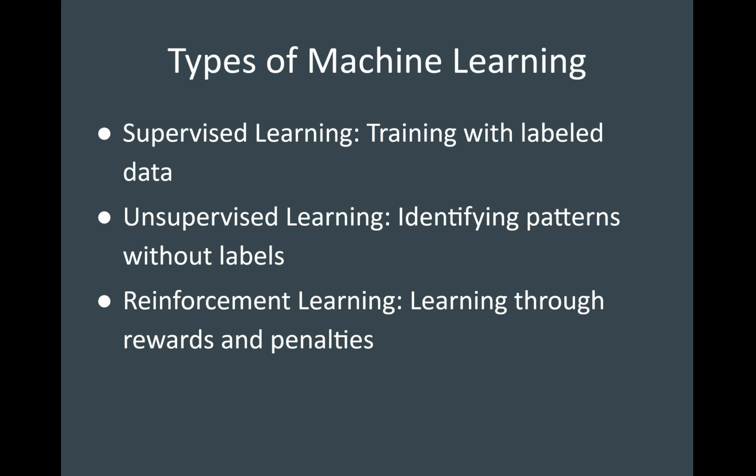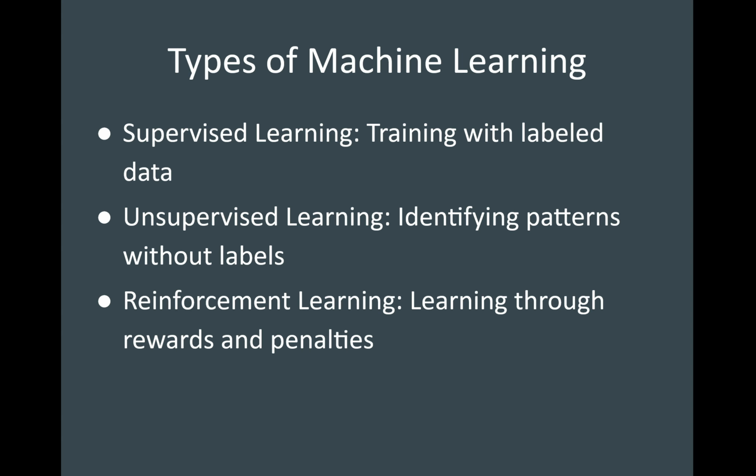And then types of machine learning. Machine learning can be broadly categorized into three types: supervised learning, unsupervised learning, and reinforcement learning. In supervised learning, the model is trained on a labeled dataset where the input data is paired with the correct output. The algorithm learns to map inputs to the corresponding output. Examples are spam detection, image recognition, fraud detection, and common algorithms like linear regression, logistic regression, support vector machines,